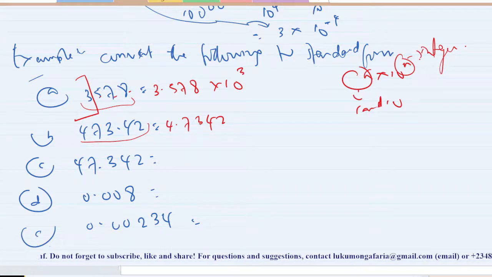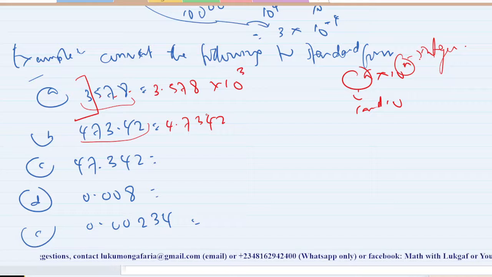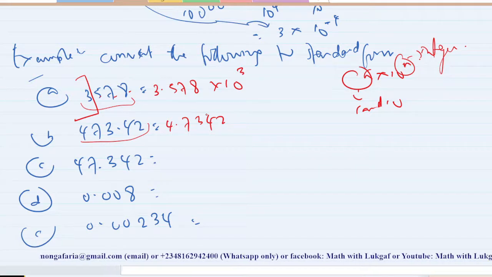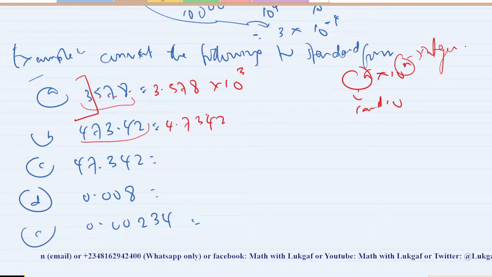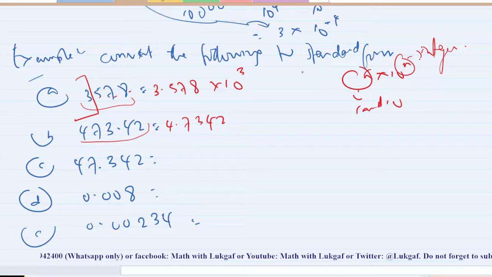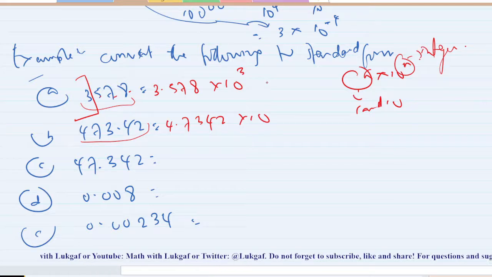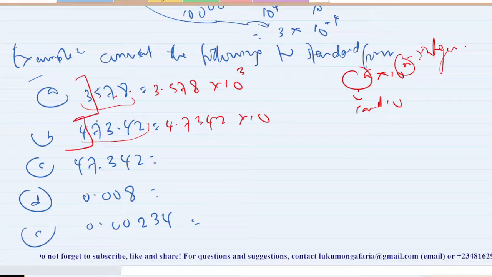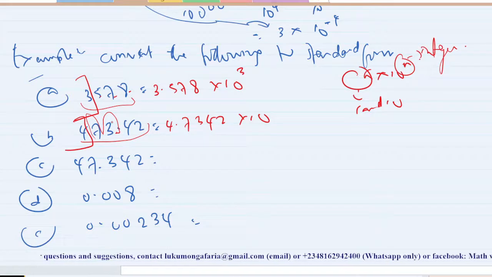In some of the questions, you might be asked to convert to a number in standard form in a number of decimal places. So then you have to convert it to that type of decimal place. Then multiply by 10 raised power. Then you now count the number of digits after the first digit. Then you get rid of this first. Then you count the number of digits 1, 2. You must not go beyond the decimal. You understand now? Why? Because